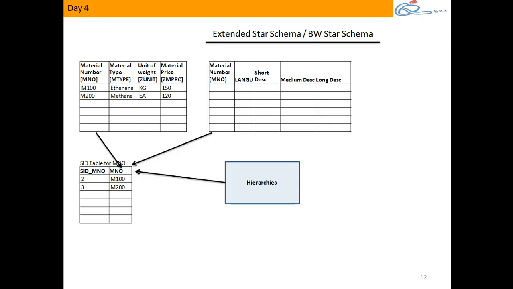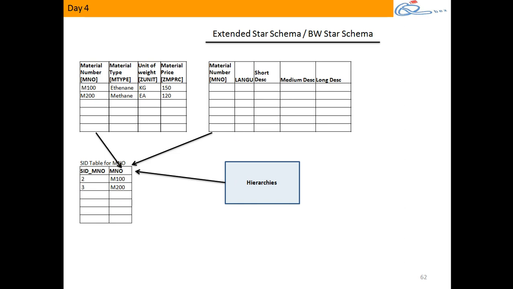Now look at this. In a similar way, for metal, is my metal number characteristic in the alphabet? Yes. For the same characteristic, just as we manipulated the attribute table, I can also manipulate the text table, and I can also manipulate hierarchies. All these hierarchies, text table and attribute table will refer to the same SID table. Now what is the purpose of the text table?